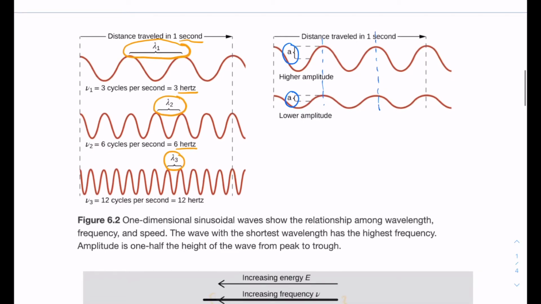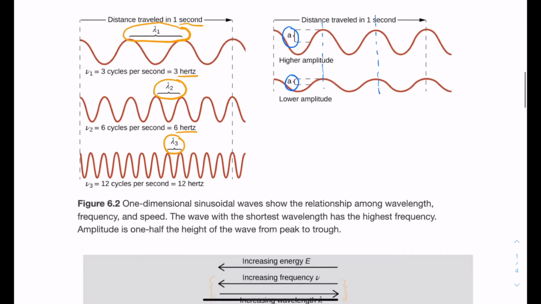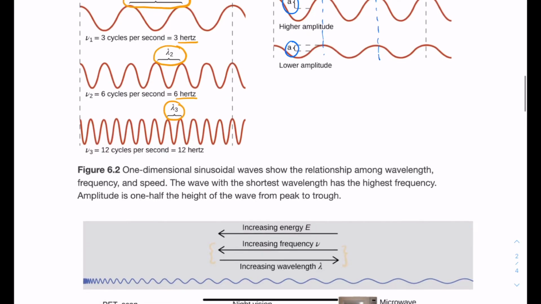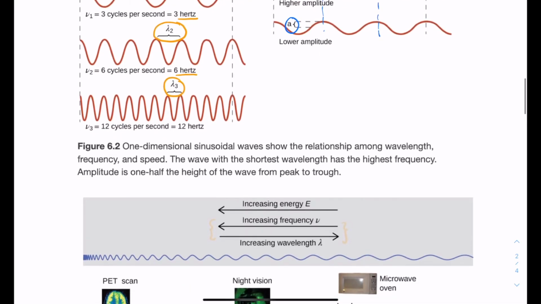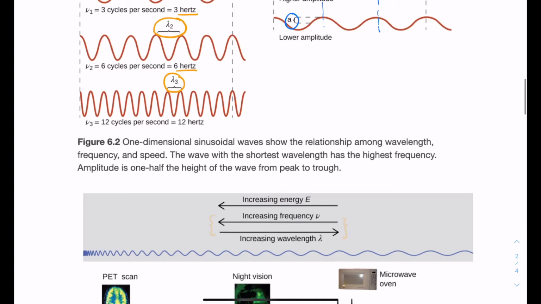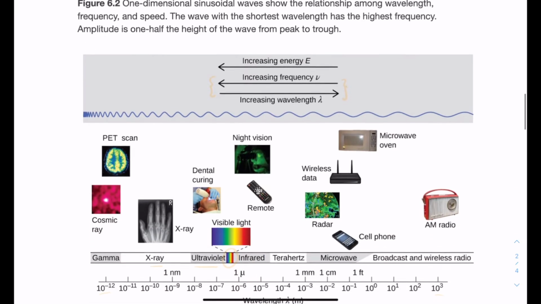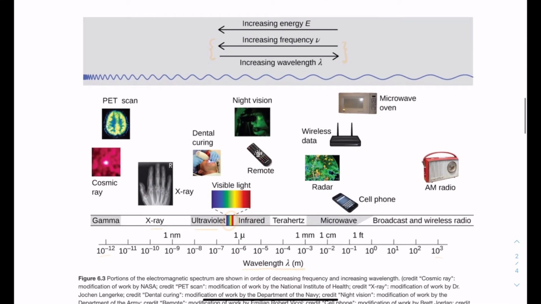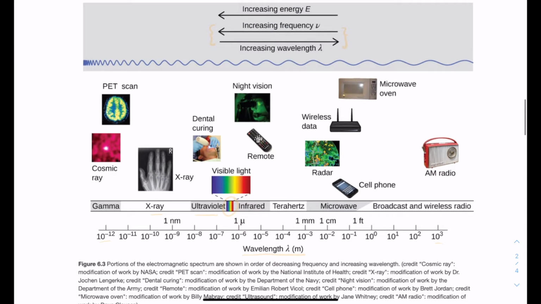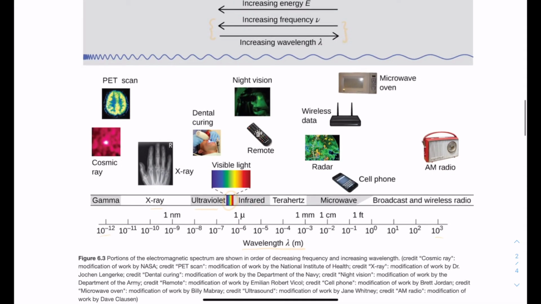I also have kind of a scale here. So this is a really common scale that's shown to give you some perspective of the ways in which we encounter waves in daily life, the applications of those things, and kind of help you get an intuitive grasp for how energy is related to things like wavelength/frequency. So for wavelength, if we start on the right-hand side, a long wavelength